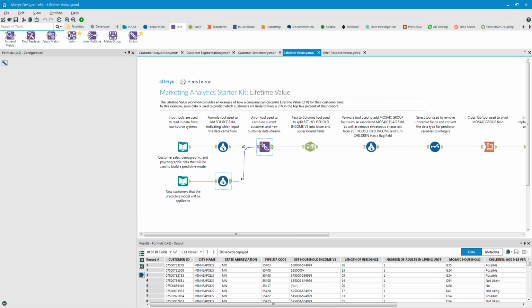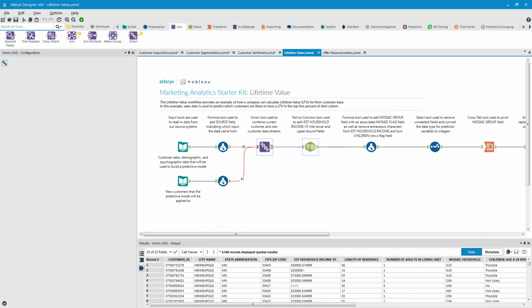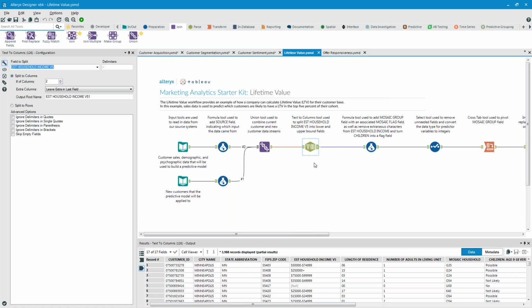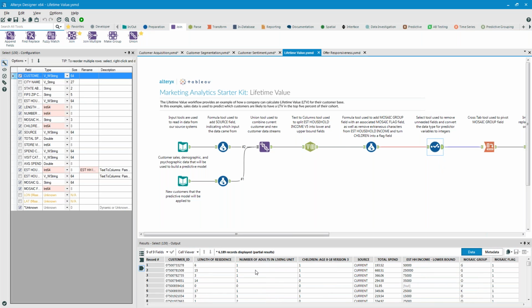At this point in time, if I quickly look at my data set, I have this column, the estimated household income, which is really a range. So I want to split this into two separate columns, a lower bound and an upper bound. So I'm using here this text to column tool that easily splits out those two into lower and upper bound columns. With that done, I'm doing a bit of data cleansing in here,